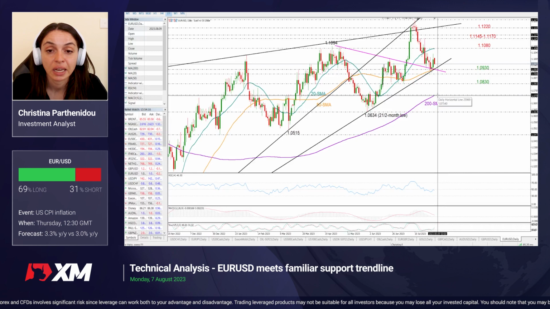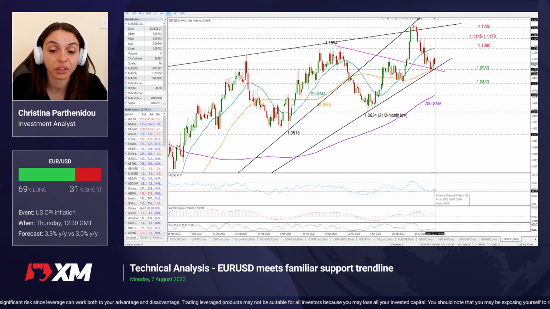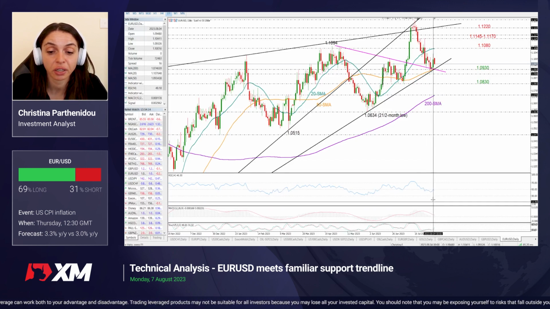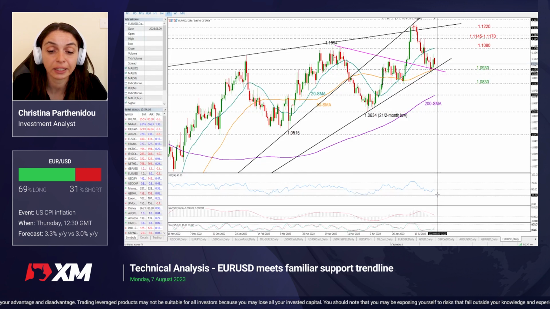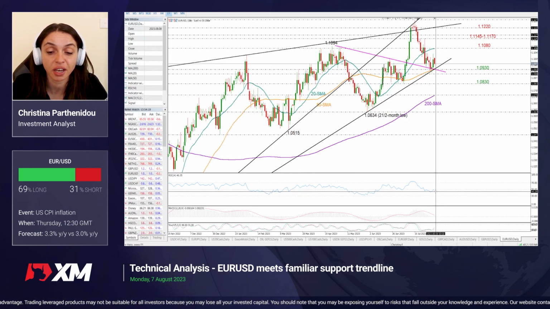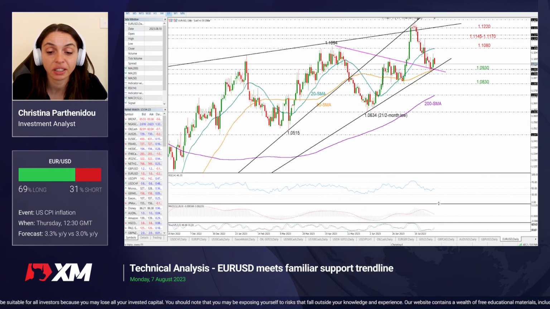1.0755 at the moment. Well, from a technical perspective, the indicators over here are reflecting a negative bias. The RSI is below 50. The MACD keeps weakening below its red signal line. So the risk for a downside correction is more likely than an upside one. Nevertheless, if